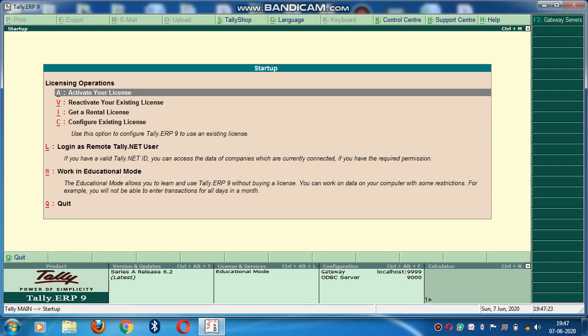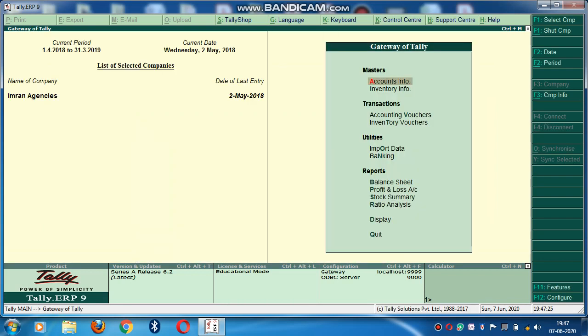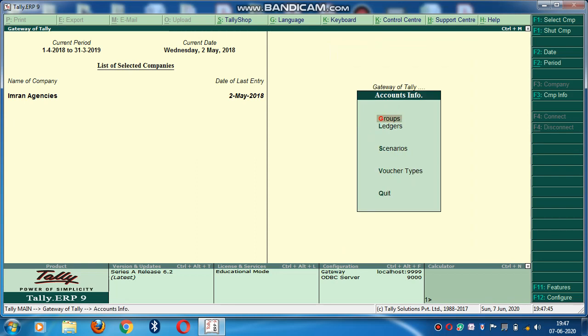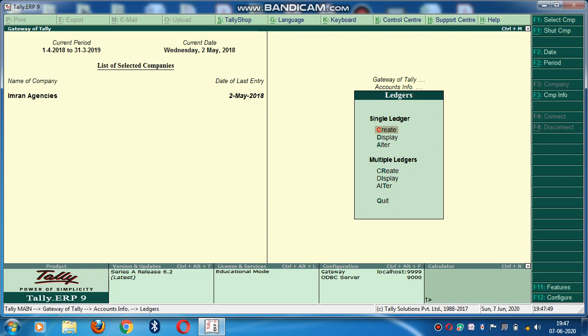Here we go with the steps. First we have to go to the Gateway of Tally. You can click on Tally. As you all know, I am working in educational mode because I do not have a license here. The first option you have to select is Account Info. Click on Account Info, then Ledgers.